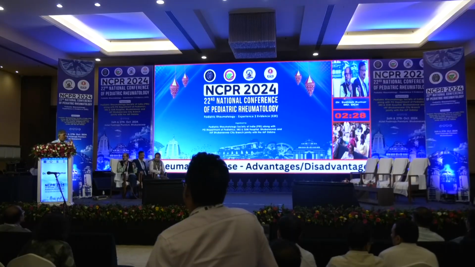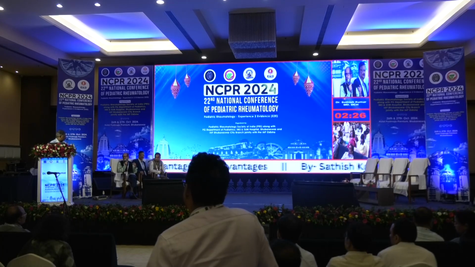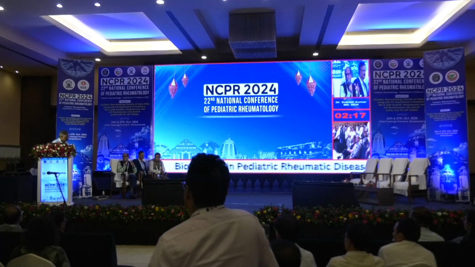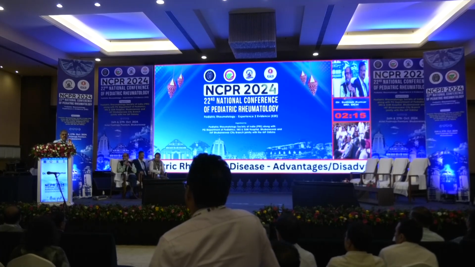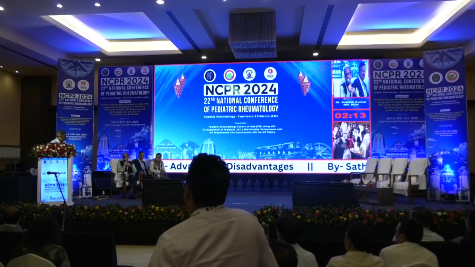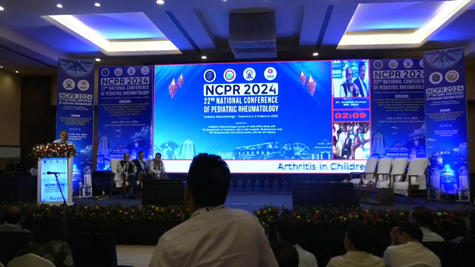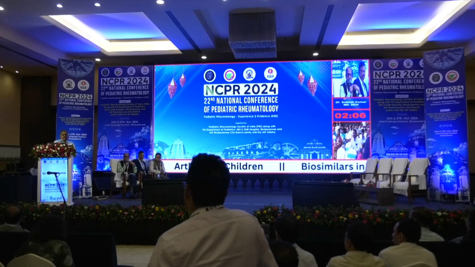You showed the last slide where you used tocilizumab in that child, but tocilizumab biosimilar is not available. Tocilizumab, we don't have a biosimilar, sir. Not available in India. So how much are you usually using? What is the dose? The tocilizumab dose is 8 to 10 milligram per kilogram. It says to start every 2 weeks, but for most Indian children I don't start with 2 weeks at all. We start with 1 month and see how it responds.